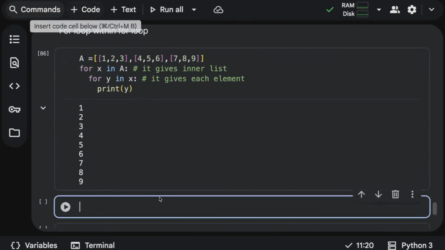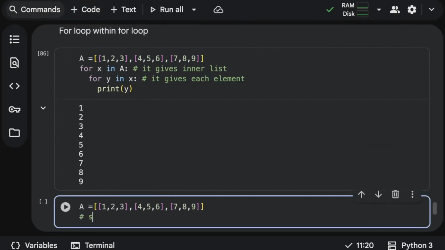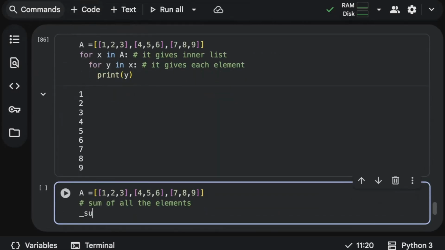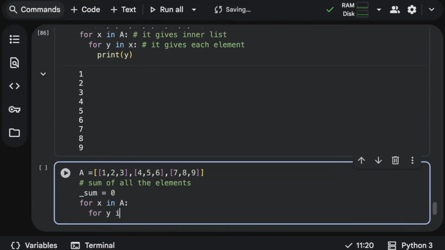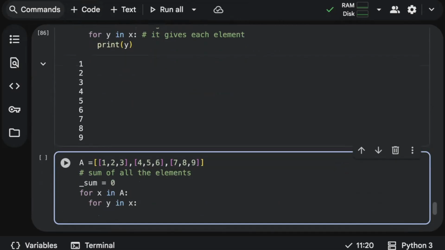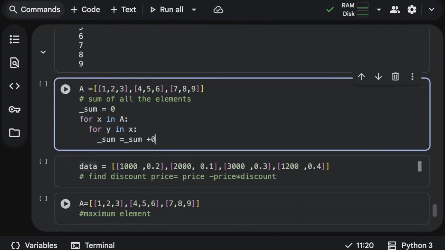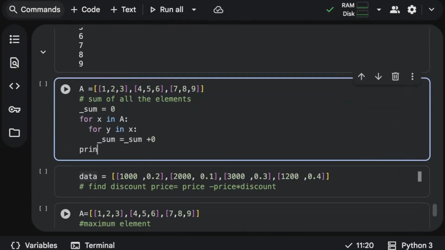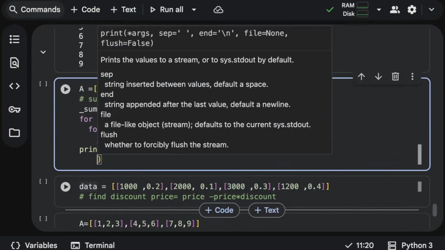Okay, so I'll take the same nested list, and what if I need to find the sum of all the elements? So again, same thing, initialize sum equal to 0. Let's use a for loop, for x in a. I'll say for y in x. And then I'll just start writing some expression. Sum is equal to the previous sum plus x. And finally, it's going to give us the sum value, which is going to be,